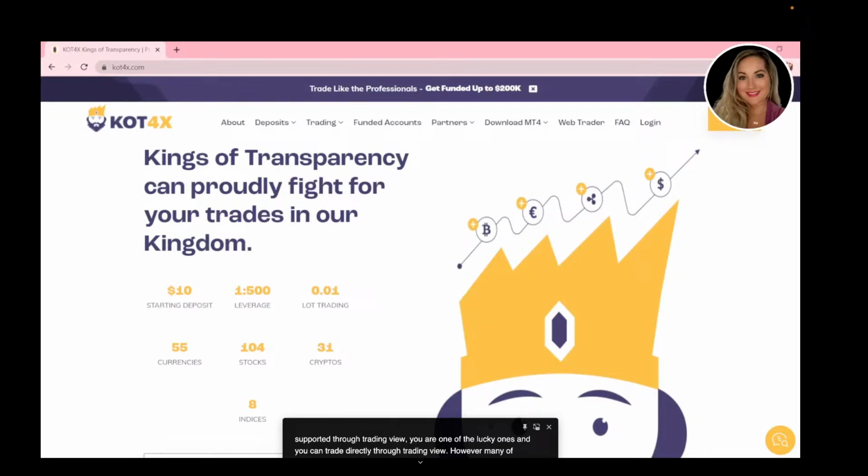However, many of us are stuck trading with MT4, meaning we will do our markups and analysis on TradingView. Then we will go to MT4 to actually place the trade with our broker. Many brokers are still using MT4 to execute their trades. So if you are one of these people who need to